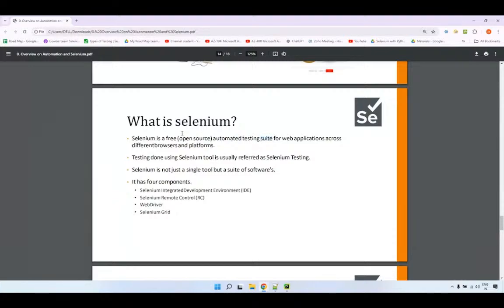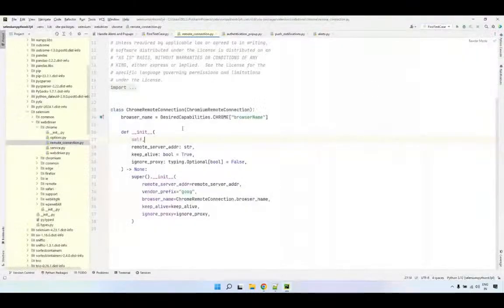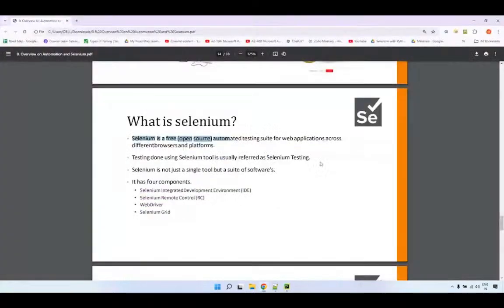I'm talking with respect to Selenium. So Selenium is a collection of a testing suite of web applications across different browsers and different platforms. When you write this automation script, not only in Windows, you can execute the same script in Linux, in Mac also. So which makes it platform independent, as well as you can just check this application on different browsers, whether